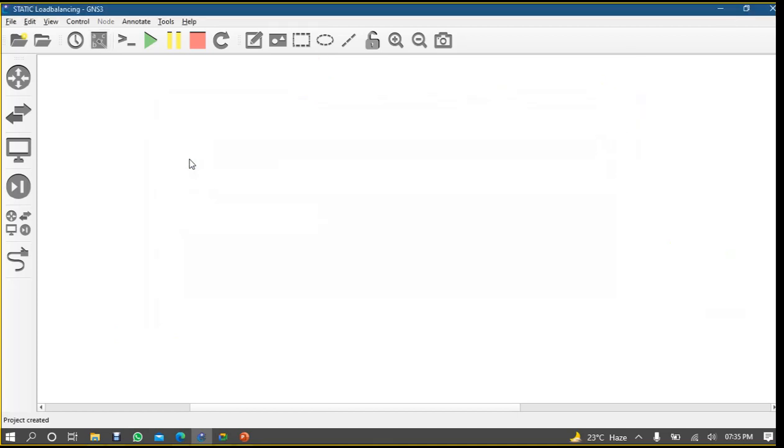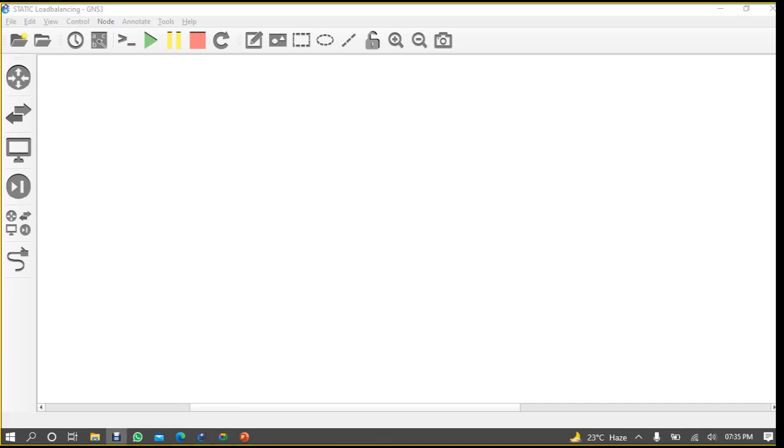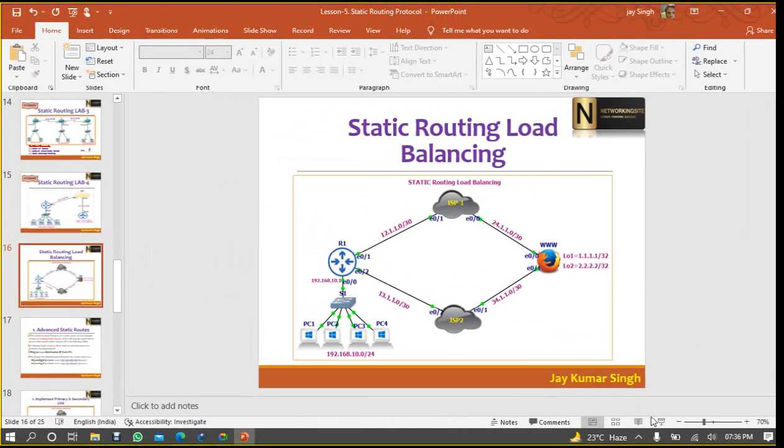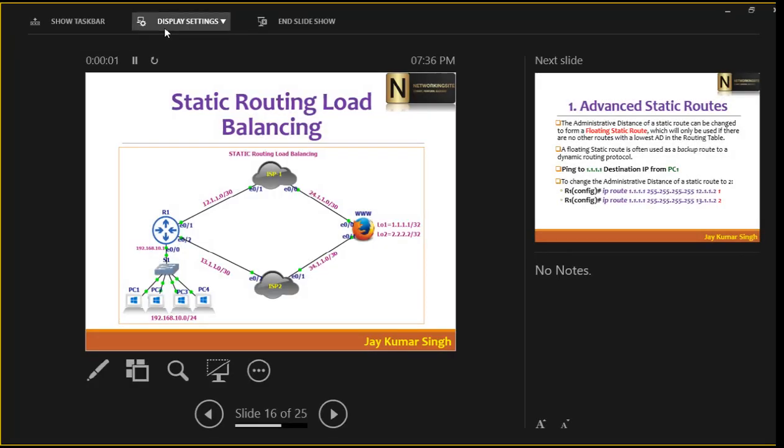What is load balancing doing? Load balancing means half the traffic goes one way and half goes via another ISP. In our previous lab, we had only a single exit interface, right? So all the traffic will go via that interface. But when you have multiple paths like this,